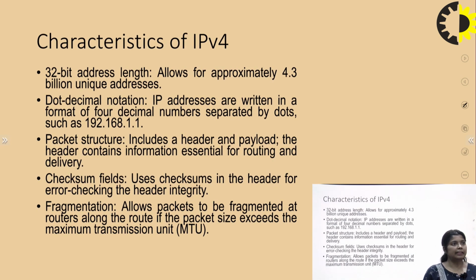Now, these are the characteristics of IP version 4. Actually, IP version 4 is a 32-bit unique address. So the address length is 32 bits. And the total number of users supported by IP version 4 addresses for the unique identification of devices is approximately 2 to the power 32, or you can say approximately 4.3 billion unique addresses. And the second characteristic is that it can be represented by dotted decimal notation or binary notation.